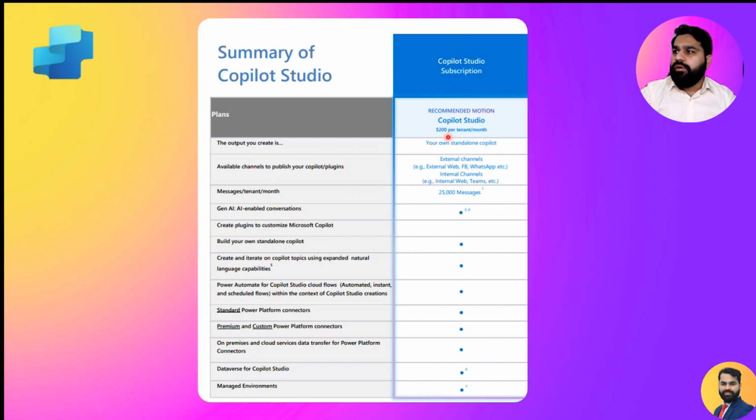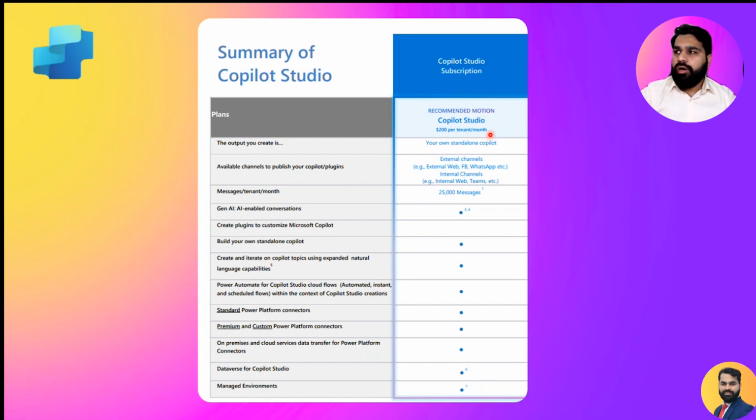It starts from $200 per tenant per month. Okay. There are different packs also available. Those can also be loaded. Now, when we talk about the $200 per tenant per month license, which is allocated to the tenant, along with this, there